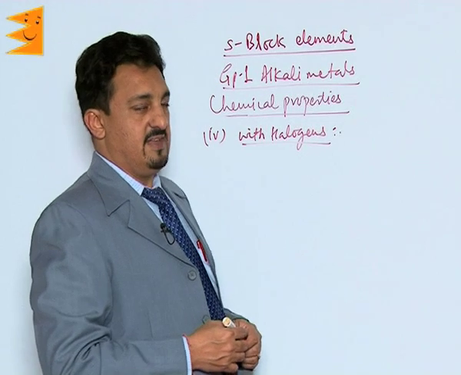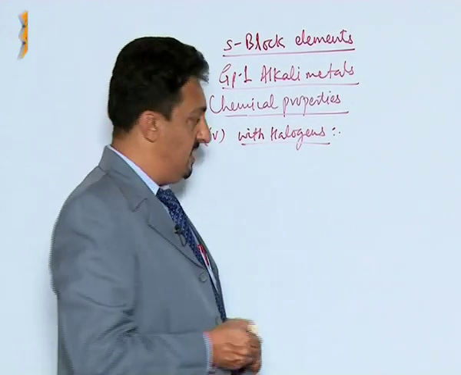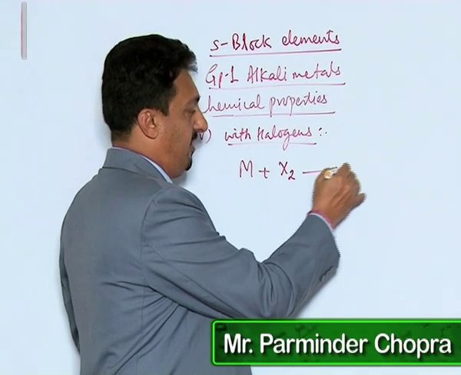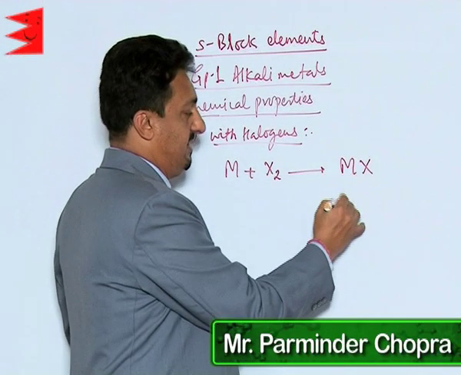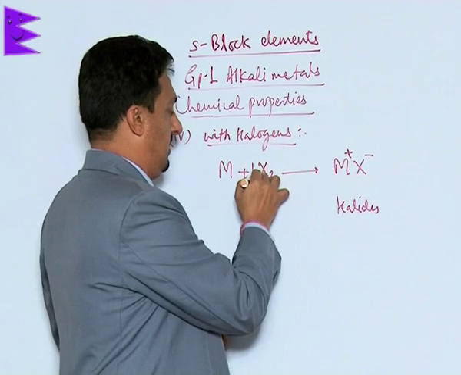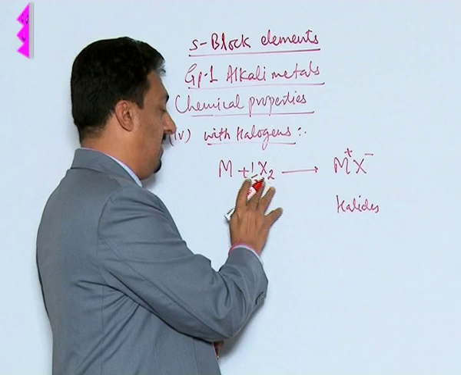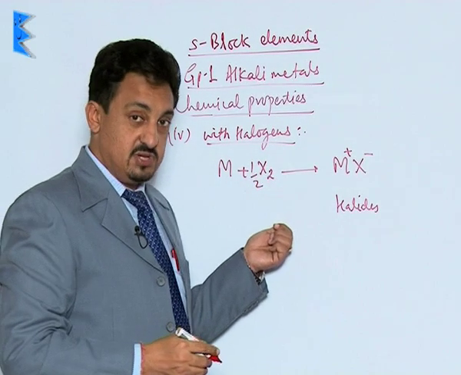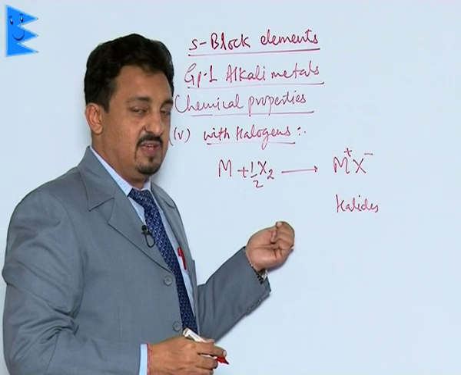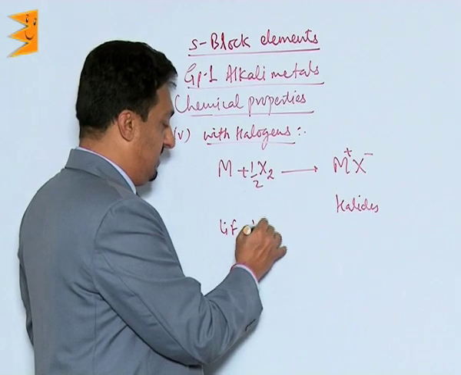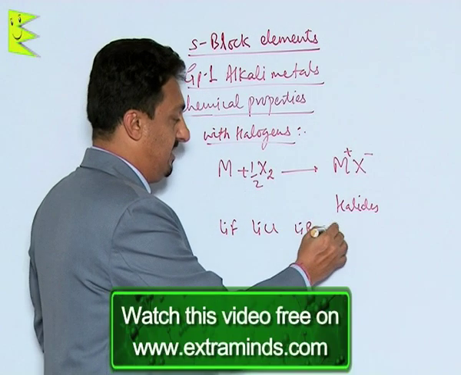Now let us see their reaction with halogens. All these elements combine with halogens vigorously and form their corresponding halides. All of these halides are actually ionic in nature. The only difference is in the case of lithium. If I say lithium fluoride, lithium chloride, lithium bromide, lithium